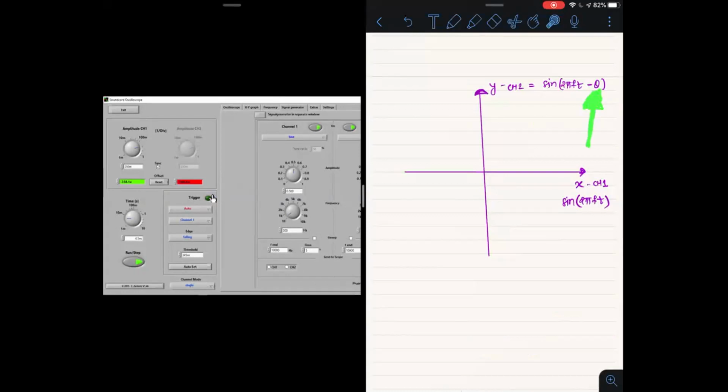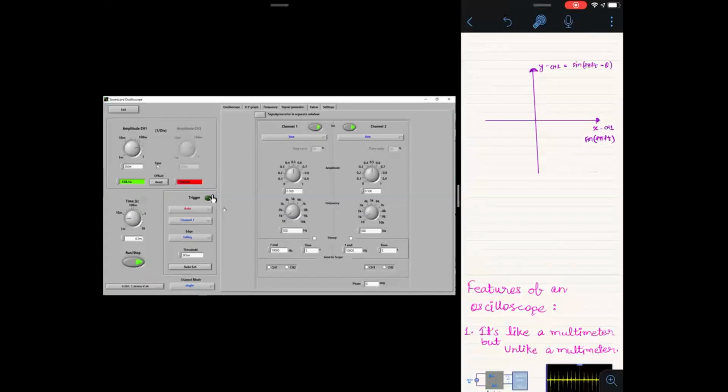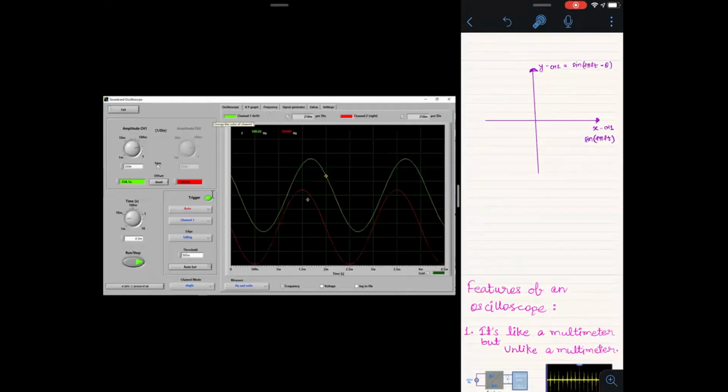So just come to the software and go down here. This is the phase. You can put the phase shifting, the value of the phase angle, between channel 1 and channel 2. You can put it to 90, because it will be very easy to see. Otherwise, just keep it at 30°, and gradually we will increase this. The moment you put it at 30°, you will see a phase difference here.